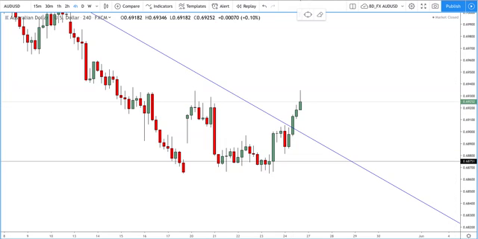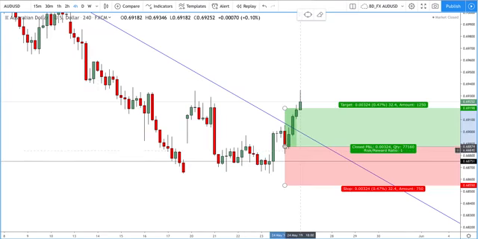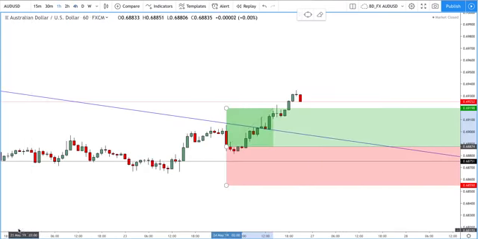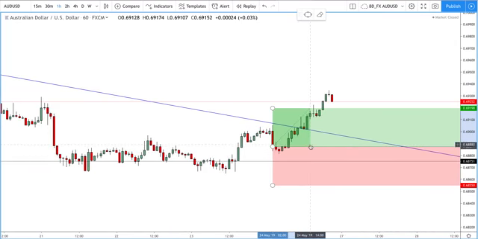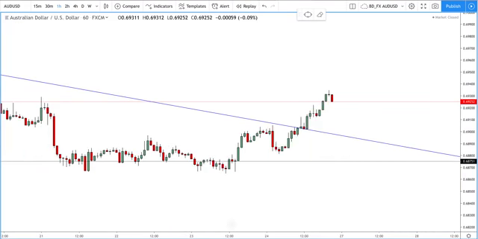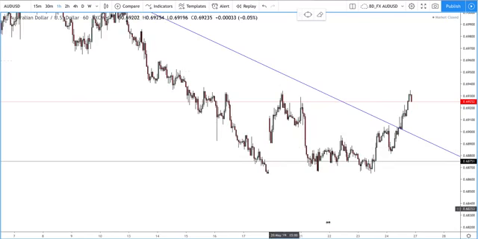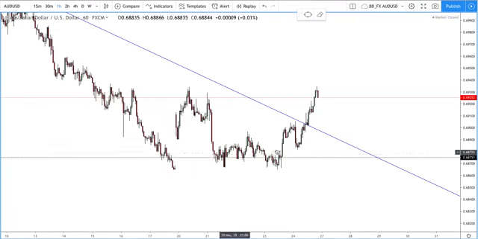Aussie US dollar, something I said to go long on last week. I said to go long on this pullback here. Let's have a look at the 1-hour chart. So you can see here we had my weekly support at this level. We've been around that area for a long time. Constantly bounce off support, 1, 2, 3, try to break through 4, 5.